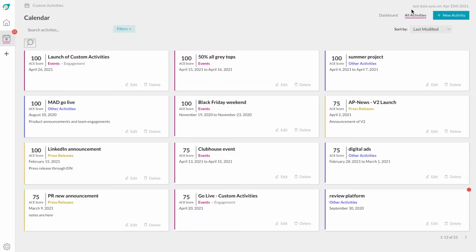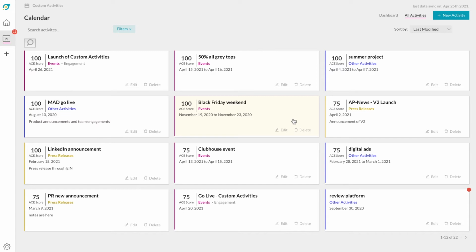And this is very much like what you'll see on the home page of our home dashboard, where we have the cards that represent each individual activity. But in this case, this represents every custom activity. You'll see down here in the bottom right hand corner, this particular activity has a little red dot in the corner. This means that it has been created, but you haven't actually scored it yet, or you haven't said that